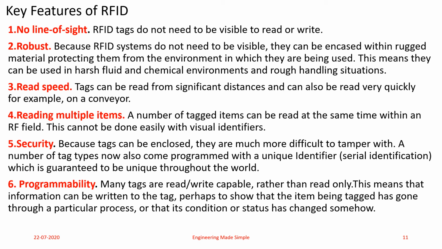This programmability of the tags is used in our day-to-day life whenever we order anything online. Whenever we are tracking our delivery or asset tracking, every time a tag is read at a station, the information is updated so that the customer gets real-time updates of the product and where it is currently located, and when it can reach the customer. That is possible only because of the programmability feature of the RFID tag.